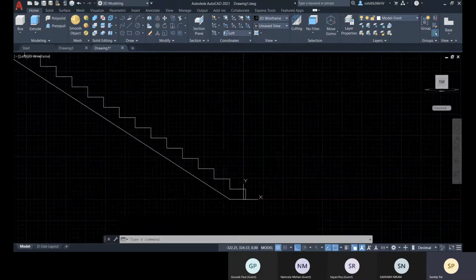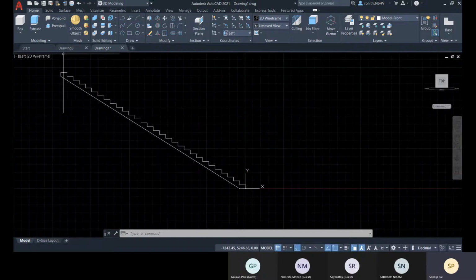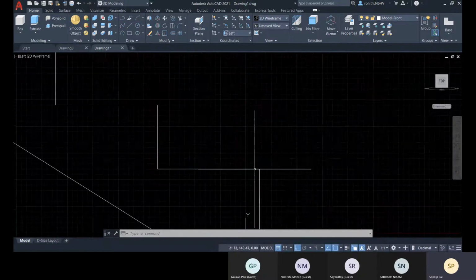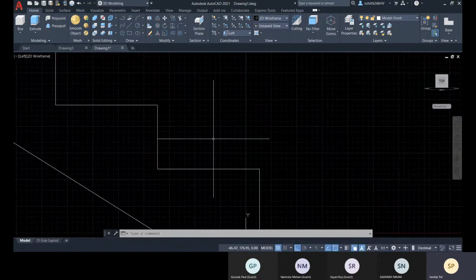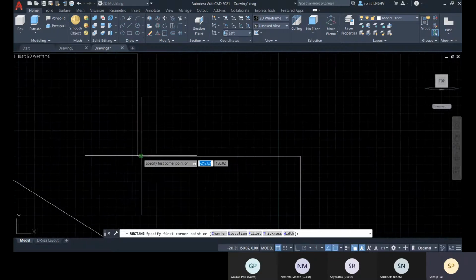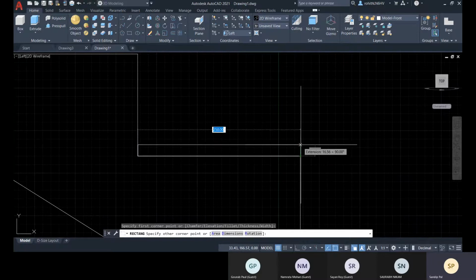So now what I'll do is extrude all of this, creating that marble with nosing, so that you can give it like 10 here.